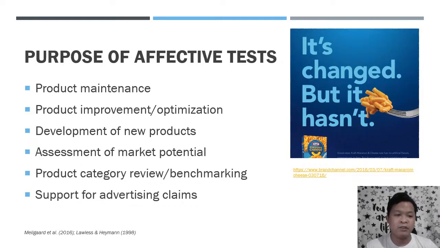So just like most of the sensory tests we've discussed, affective tests have a lot of uses, especially in the area of product development. So product maintenance is looking at the quality of the product and seeing if the consumers have changed. So if you have the same product but the younger generation may want things less sweet or they're more health conscious or etc. Okay, you may want to use it to improve or optimize your product na sabihin mo, mas may isasarap pa tong produkto ko. Okay, you can also use this for the development of new products, especially if it's a new